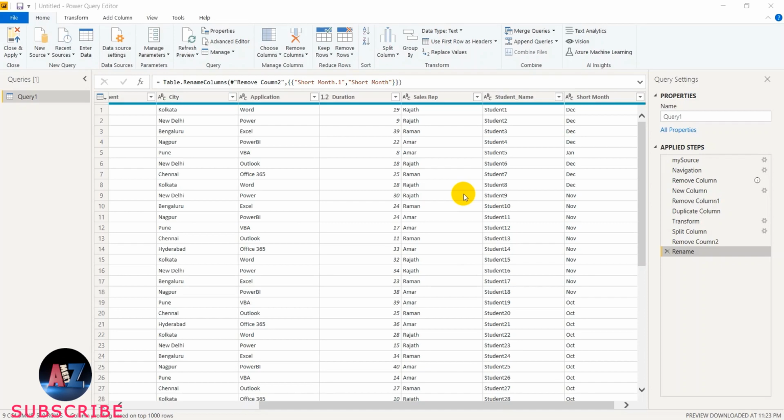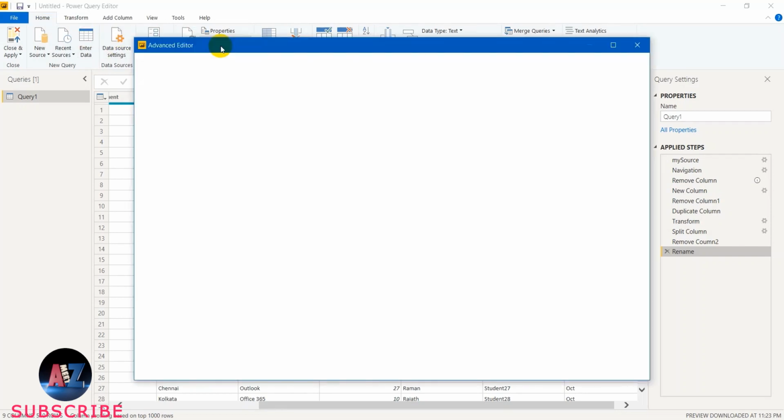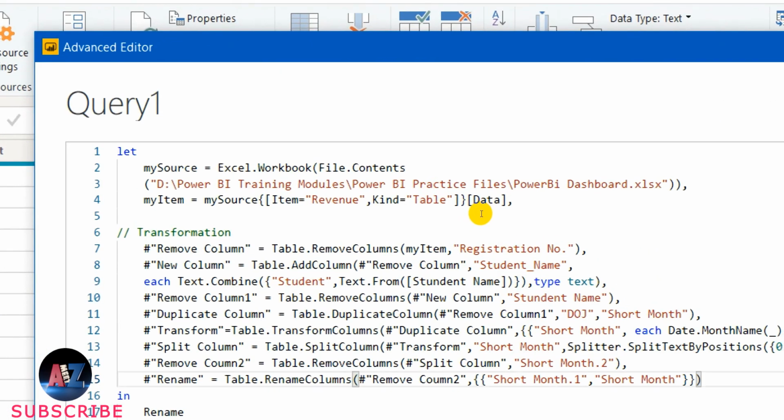For that, again, I need to use the add column syntax only. For that, let me go to Home tab, Advanced Editor, additional step, so comma.